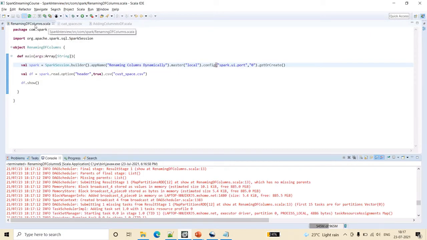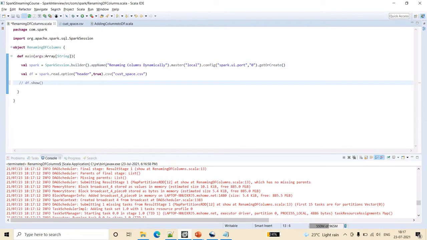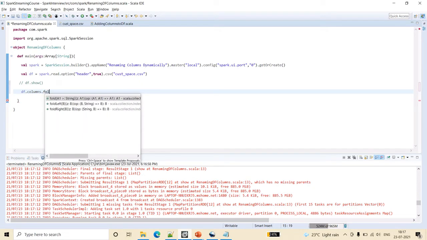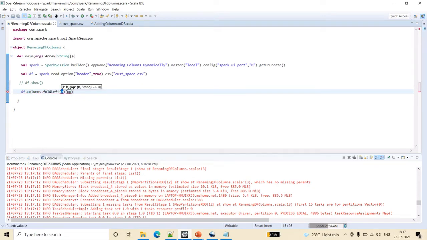So now let's see how we can do that using the foldLeft method. I am saying df.columns. Why I am taking that is we need only the columns, right? For that purpose, and then I am saying foldLeft. We have the option here for foldLeft. It will take two parameters. The first one is the df name that we wanted to create, and the second one I am passing as the column name. Usually we do like this for map, right?